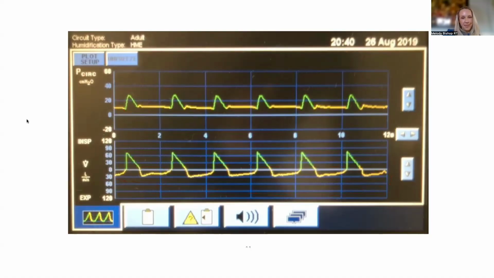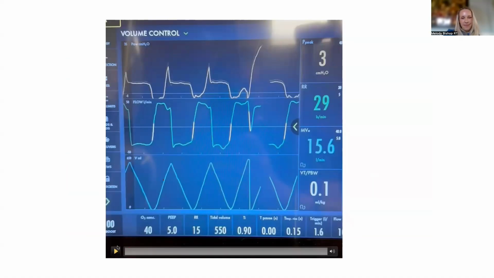Thanks, Melody. All right, Melody, who are you? I am Melody Bishop RT, and hopefully trying to help you guys figure out the waveforms in a simple way. How about you, Nick? Nick, floating event guy, floating everything these days.